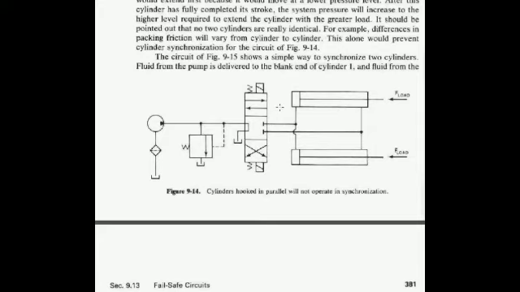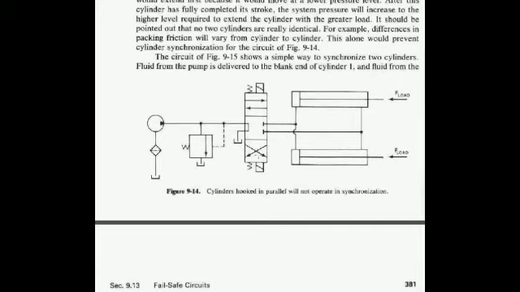So the flow can be given from P port to A port, that means to the blind end of a cylinder. I will get synchronization between these two cylinders simultaneously. Whenever these two cylinders are moving in the forward direction, the rod end side fluid will move in this manner, and that will reach the B port, and simultaneously that will be connected to the tank, right? So this is in the forward condition.